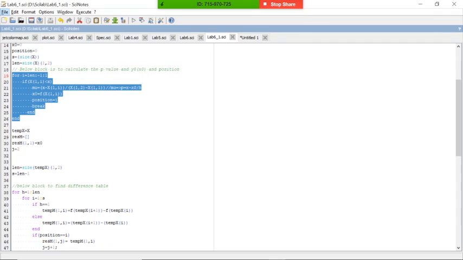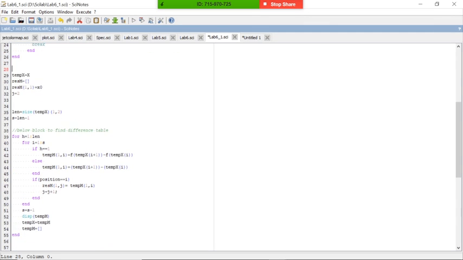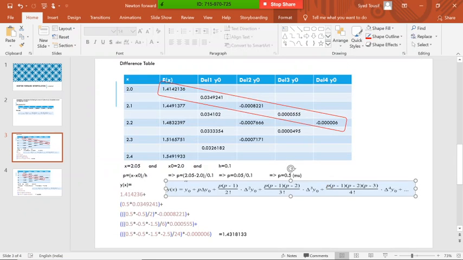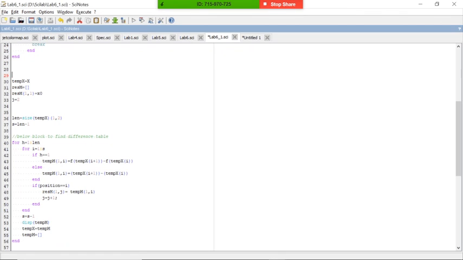So now we are coming to calculate the difference table. To calculate the difference table I will use two temporary matrices: one is temp x and another is temp m. Temp x is for outer operations and temp m is for inner operations.